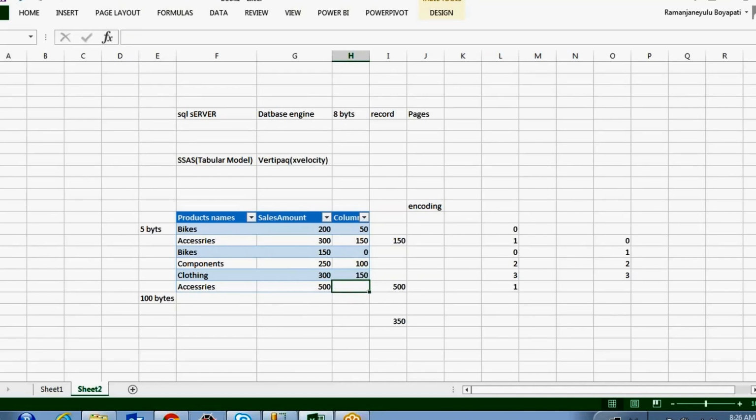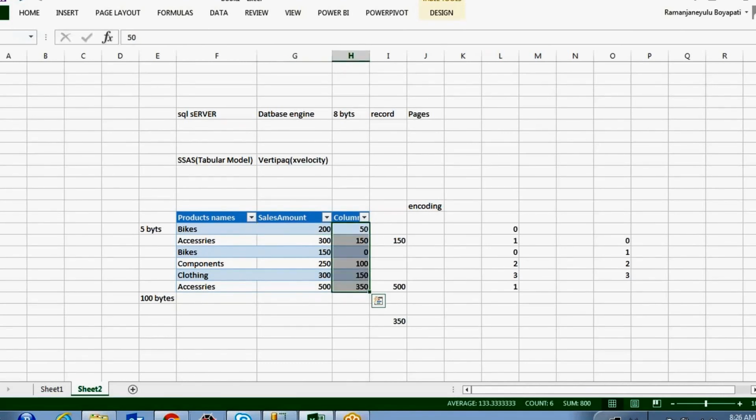And 500 minus 150 gives 350. So somehow it is reducing the size of the values. Instead of 150 it stores 0, and instead of 200 it stores 50. It first finds the minimum value and subtracts it from each value to reduce the size of the values.